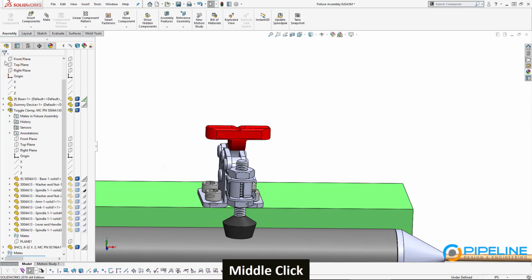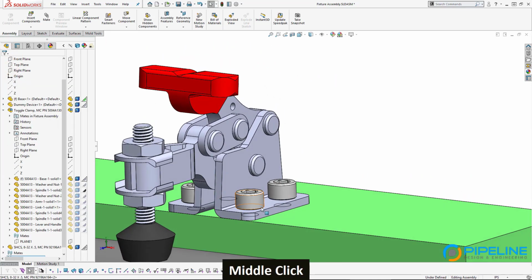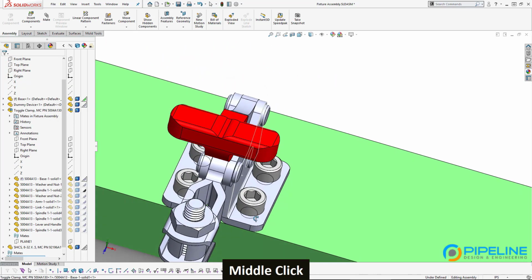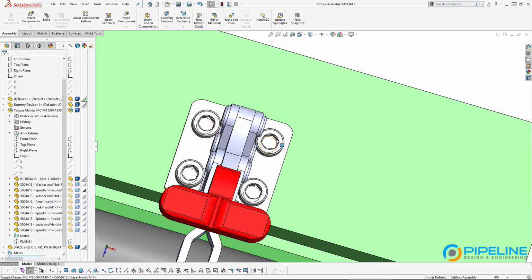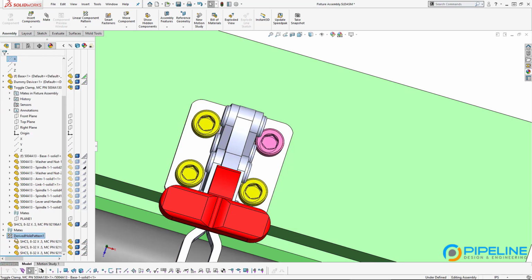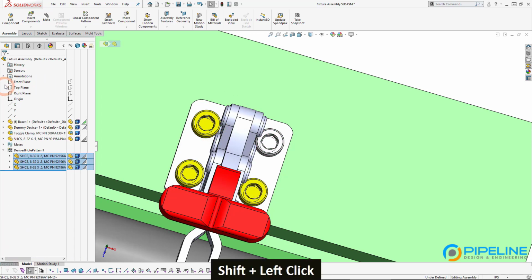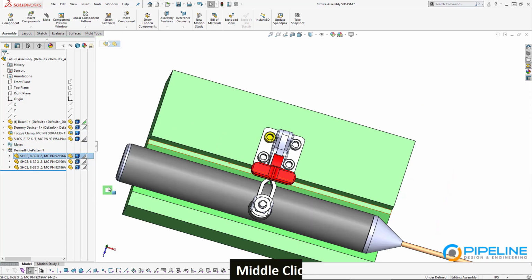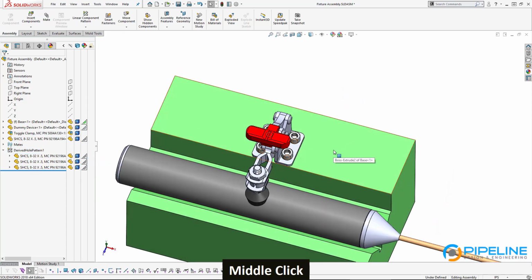So if I accept this, you can see that all 4 of those screws are patterned across it and kind of all hidden in this feature called the driven hole pattern 1. And there they are, these 3 screws. So the original screw is still up here, and then this feature copies it over 3 times. An interesting thing about this feature,